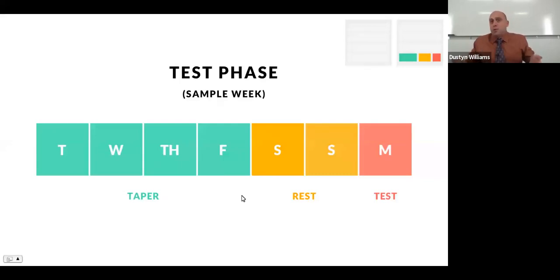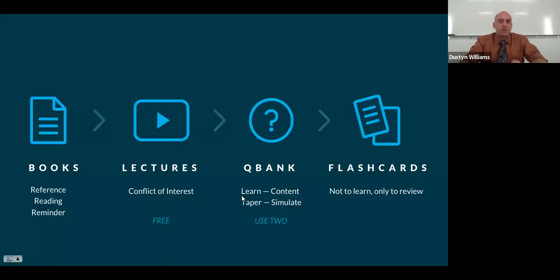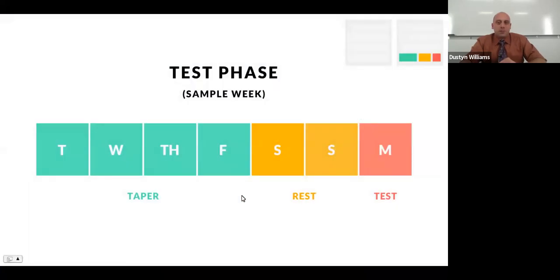I didn't say what resources to use in that learning phase or in the taper phase, so there are different ways to do it. But you don't have that anymore, right? In clinicals, and actually, since Step 2 isn't important, which we'll get to later, schools will not give you dedicated time off. So how the hell are you going to do this? Well, I'll get to that in a sec. Great. So what you should do instead is, rather than do that in a dedicated period,